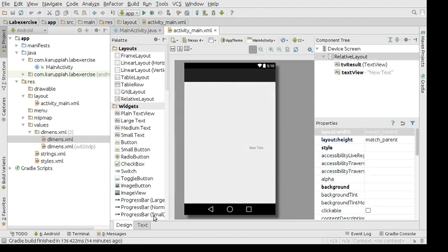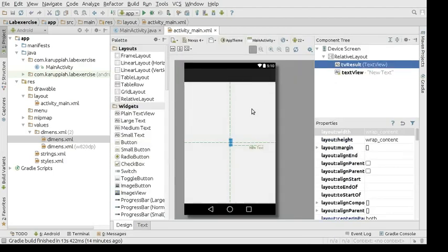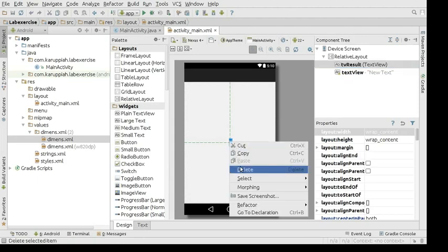Now, this dependency, if I change my ID manually, this will not change. So if I change it through my design, I can right click, refactor. I'm not able to double click over here.